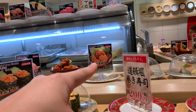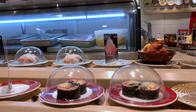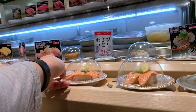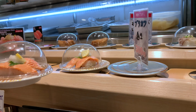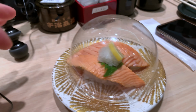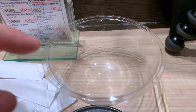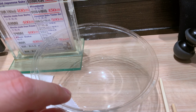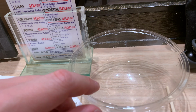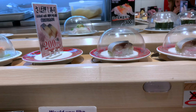So if you see the sign here, what's going to follow that sign is going to be the item that it's depicting. So we're going to go ahead and grab some of this. This is a seared salmon. Why don't you give that a try? Yeah, so I'm not sure what we're supposed to do with this. Maybe I wasn't even supposed to grab this thing as well, but anyway,